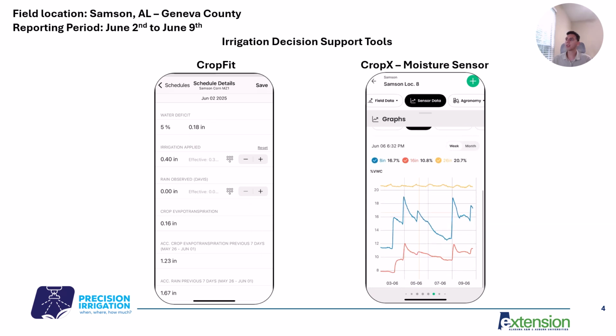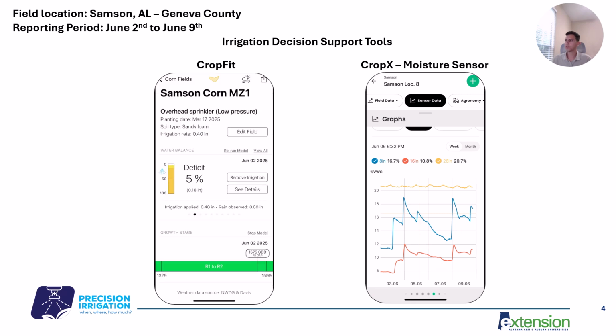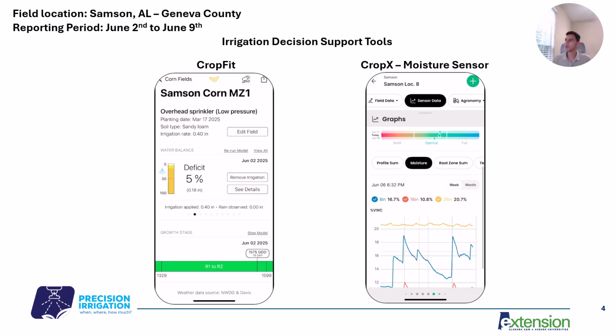Here in the CropX moisture sensor, I want to show how the different irrigation tools help us to identify the different irrigation and rainfall events, and also the soil moisture depletion, especially in these days that we have high temperatures and minimal or no rainfall. You can notice here for June 5th to June 8th, the quick decrease of soil moisture. And for today, I just want to